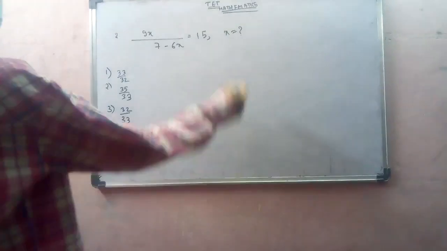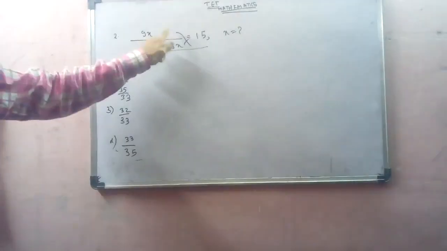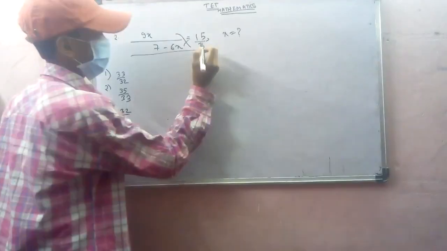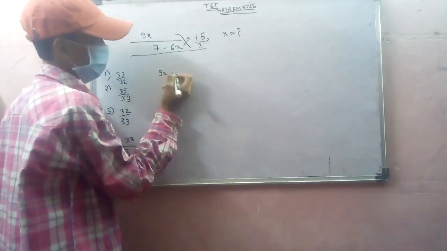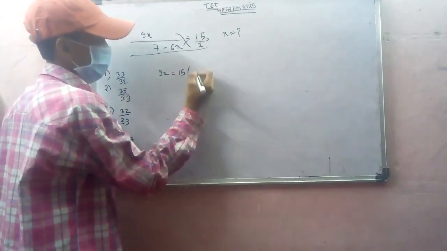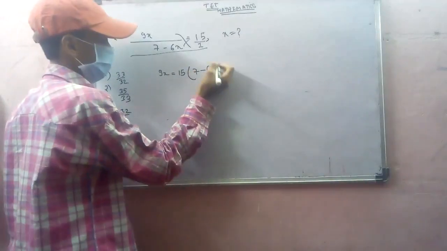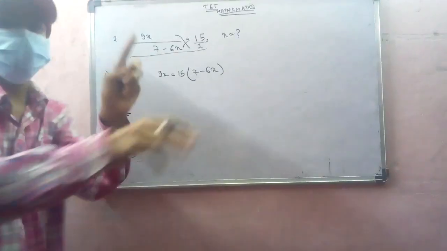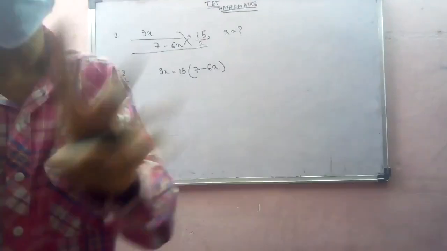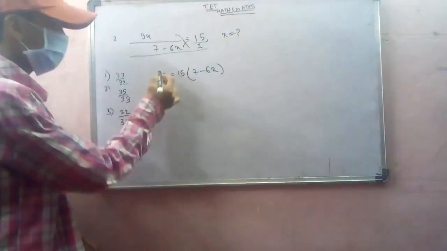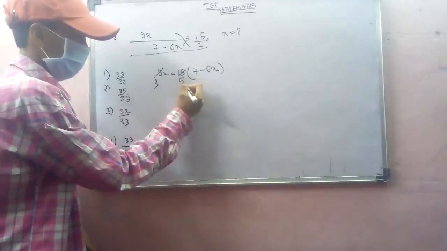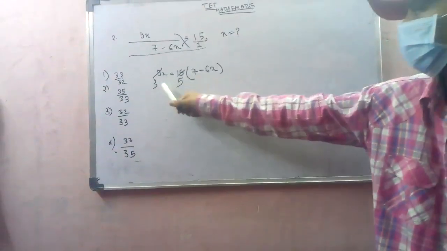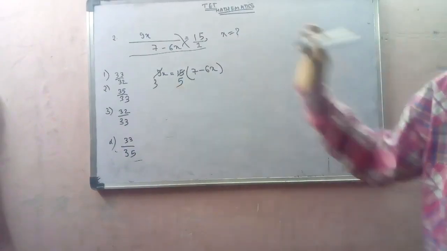See here. Now here you can see this. So here 9x, cross multiplication. Here 9, and here nothing is there, so take the denominator as 1. So you can write 9x equal to 15 into 7 minus 6x. This step is clear. After this step, the next step will come, and after that you will get the answer. Okay, now see here, 3 nines are, 3 fives are. Clear? I have cancelled the 3 table. Clear? Now see here.